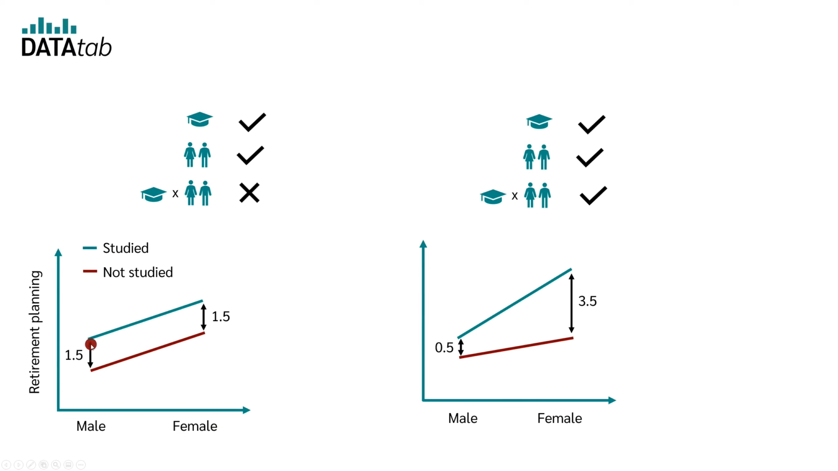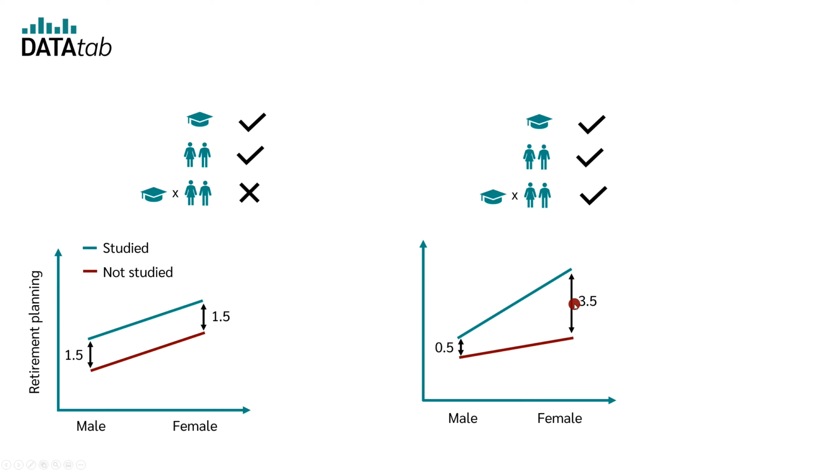In the first case, we said there is no interaction effect. If a person has studied, he or she has a value that is, say, 1.5 higher than a person who has not studied. This increase of 1.5 is independent of whether the person is male or female. We have a different situation in this case. Here, studied people also have a higher value, but how much higher the value is depends on whether one is male or female. If I'm male, there is a difference of, let's say, 0.5, and if I'm female, there's a